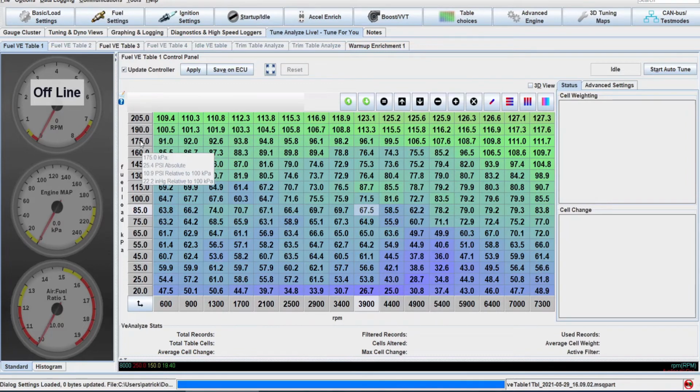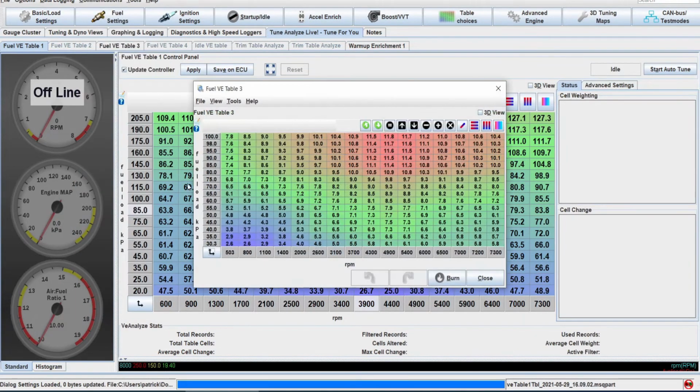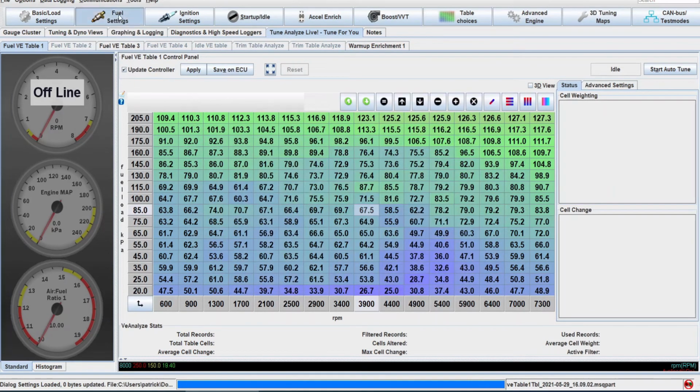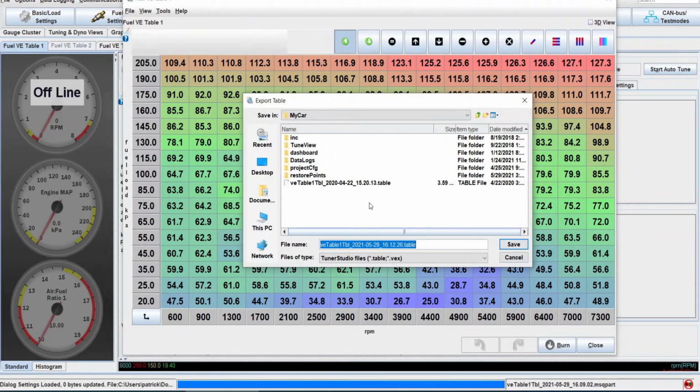All right, so let's get our VE table 3 set up. That'll be our full ethanol table, E85 table. And if we look at it, it may have some default values in it. Obviously, this looks a little weird, so we don't care about what is in there right now. What we care about is our presumably tuned gasoline table, which we're going to save out. So we're going to export the table, and we're going to call it, that's fine,